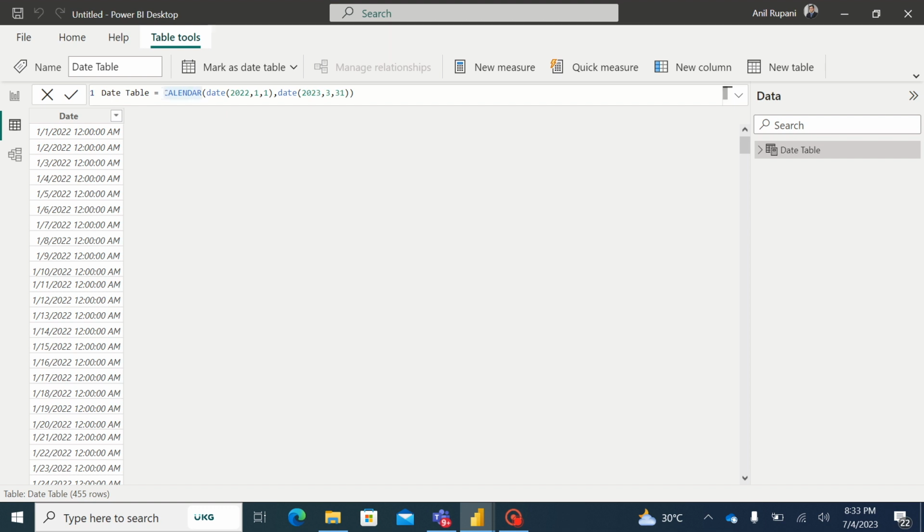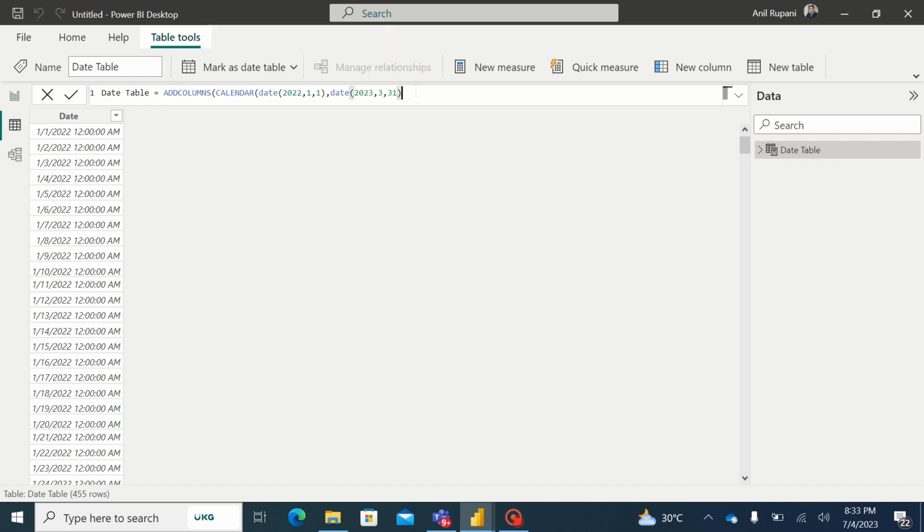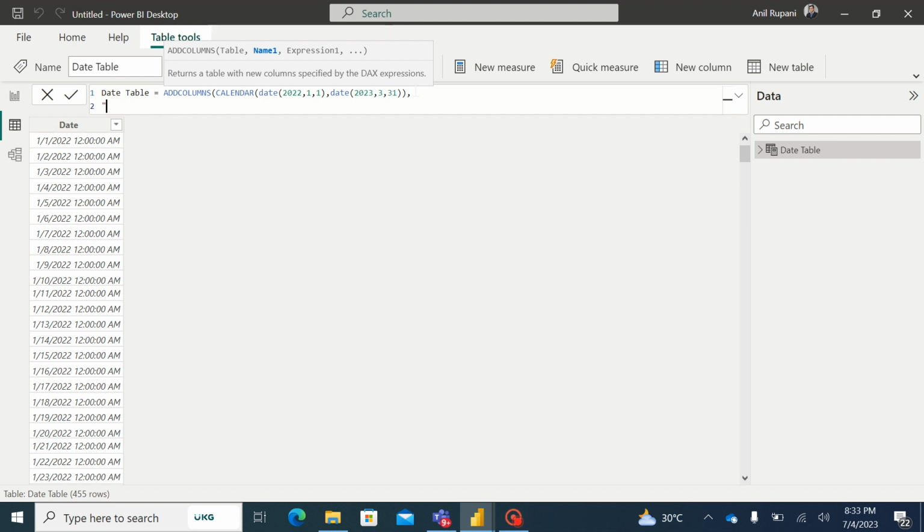For that I will use my DAX function add columns, and here I would shift enter, and let's say first I would add column calendar year. So this is the name of the column, calendar year,